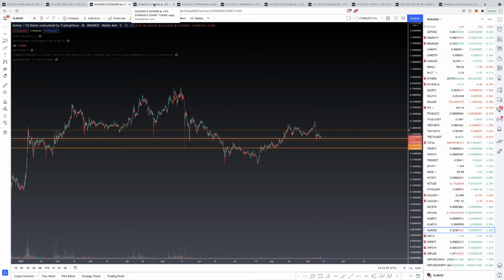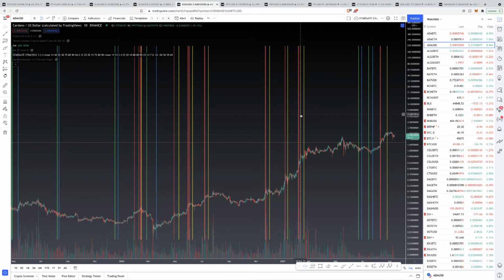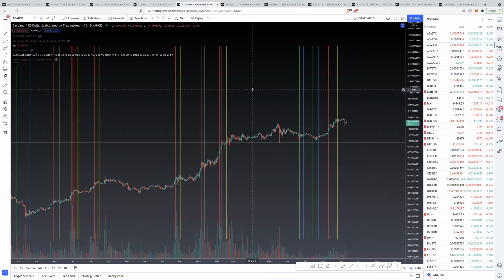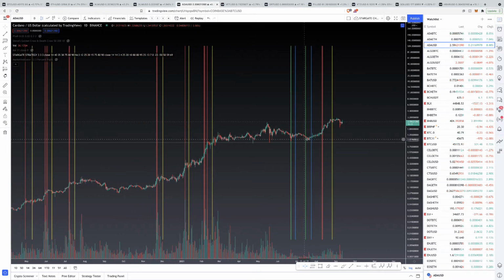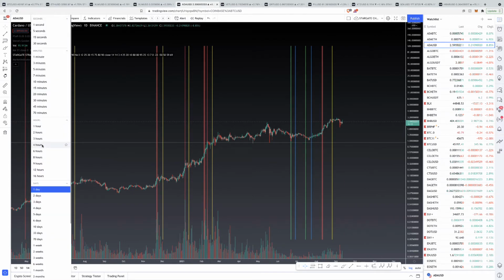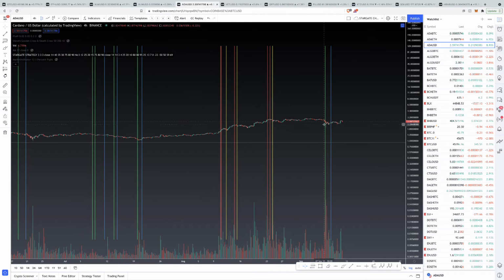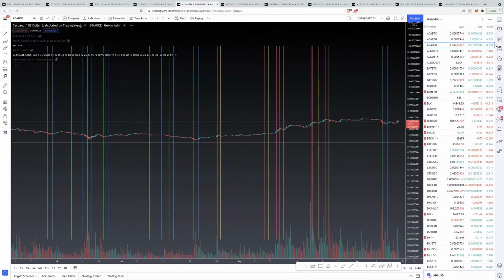So now we'll go to ADA. And we're starting to see ADA show some strength. We bought down here at like $1.25, and the sell signal came in at like $3, so that was more than double your money. And since we're in bull market structure, let's see if there were any buy signals on that dip. We'll go down to a 4-hour, and we had a buy signal come in with a confirmation, and we're up since that point. I'm going to go to the Heikin Ashi,